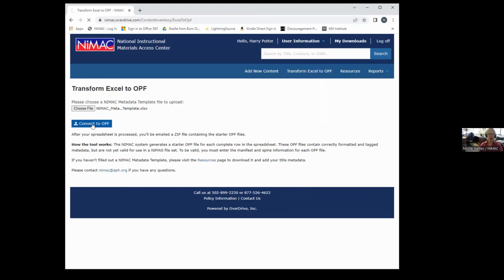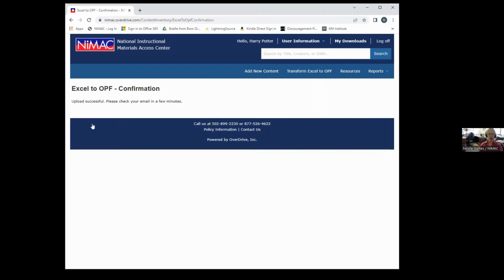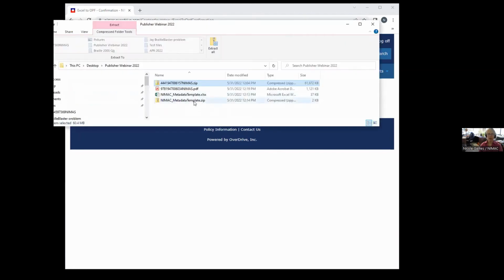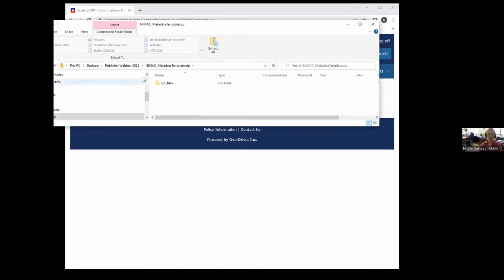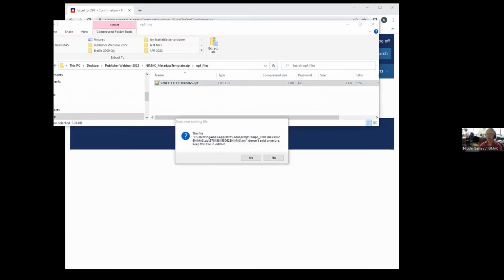Once you click convert to OPF, it will give you a system confirmation, and then basically it will actually email you a zip file, and I'm going to show you what that zip file looks like, and it's instantaneous. It's really, really quick. In that zip file, what you're going to see is that it's going to provide you the OPF metadata